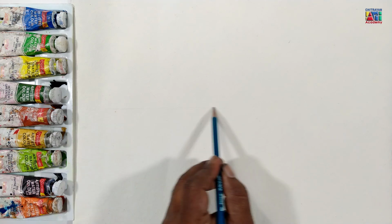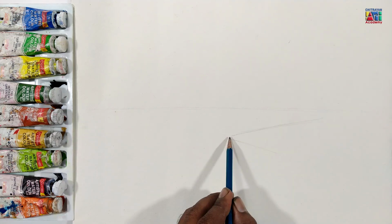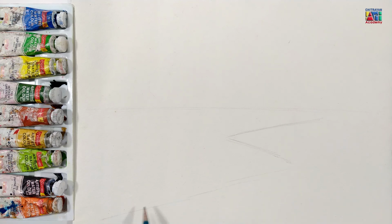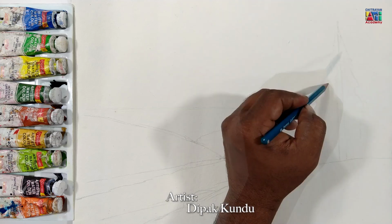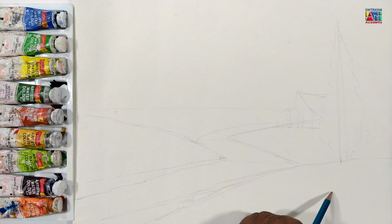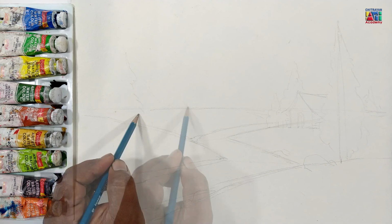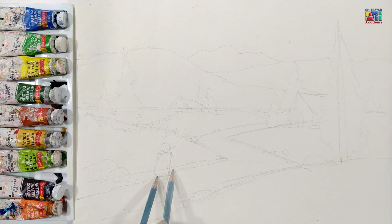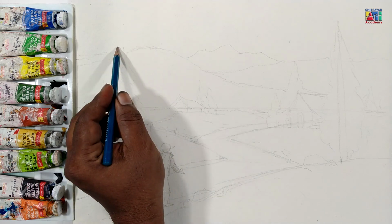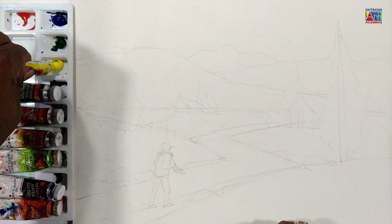Let's start. At first we draw a horizon line very lightly, dividing the space with a zigzag. I finish my drawing. Having finished the drawing, I apply the colors accordingly: cobalt blue, sap green, lemon yellow,